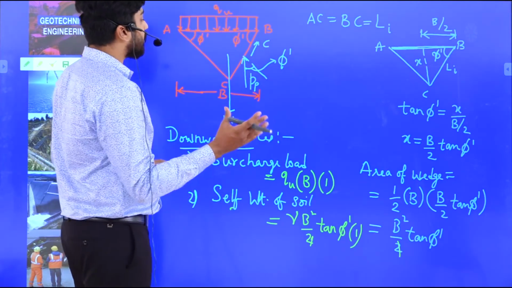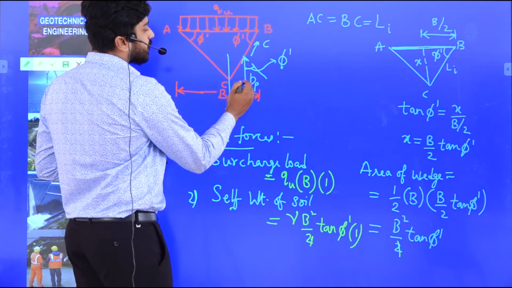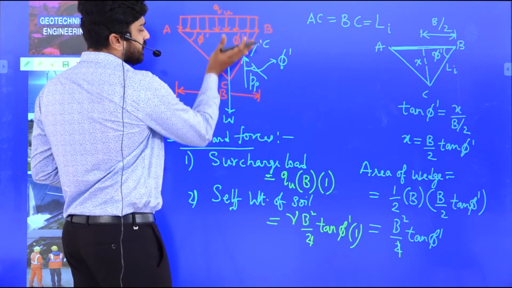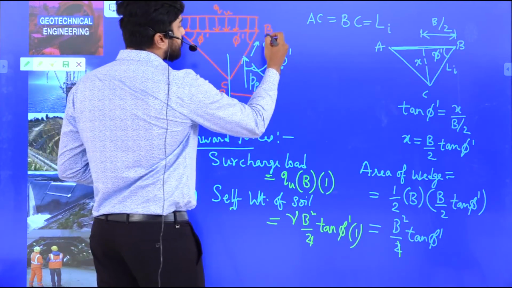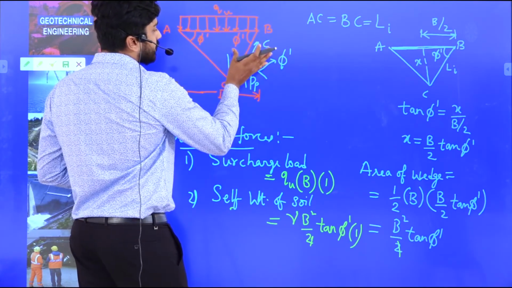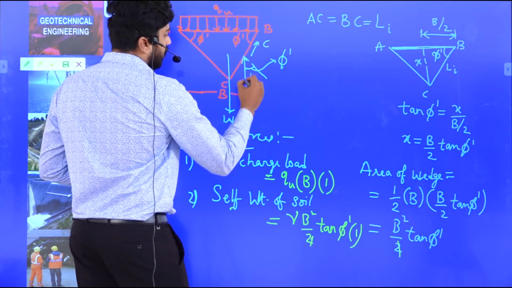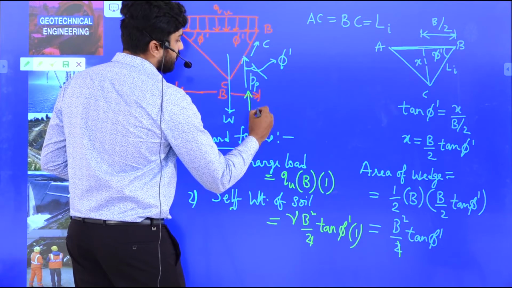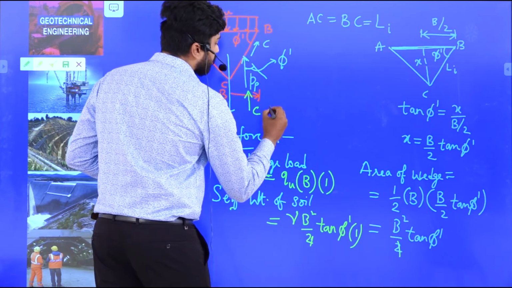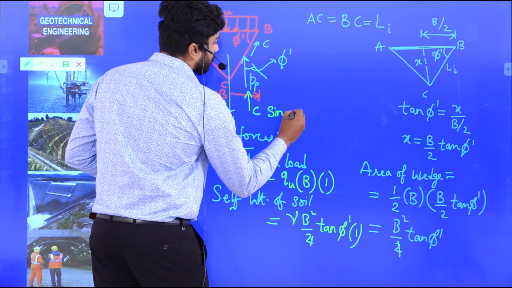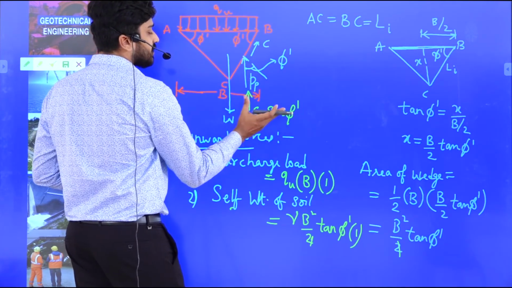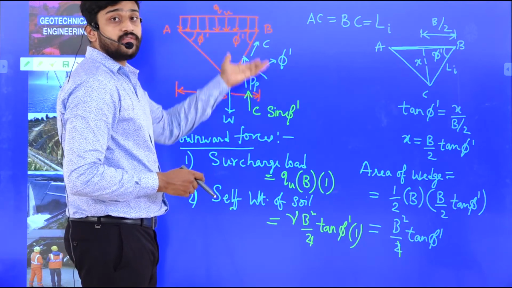Similarly, let us try to evaluate the upward forces as well. From this diagram, we know the upward force is PP, that is the passive pressure. And there is the cohesion C. Here cohesion C has to be resolved. How is cohesion C acting? C is acting along this particular direction, so that will be C into sin phi dash. So PP and C into sin phi dash are the additional upward forces.